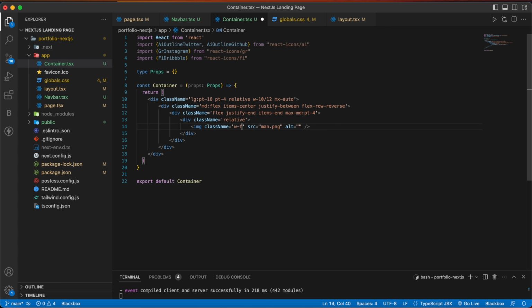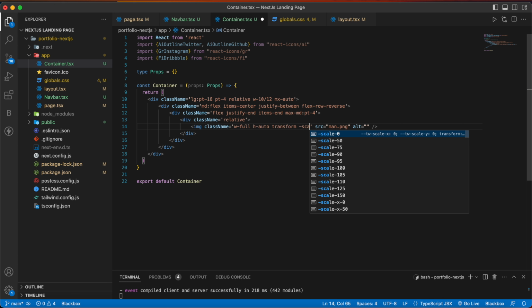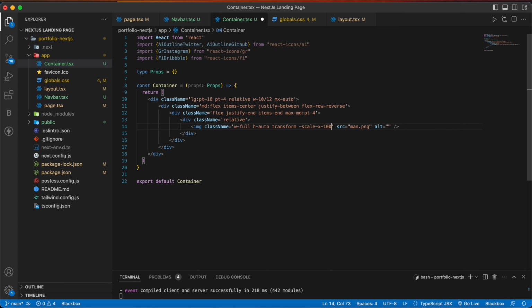So it will have a width of 100%, which is w-full, h-auto, transform, and then we are going to give a scale in x direction of -100 to flip in the horizontal direction. Then we are going to give a width of 600 pixels, and the alt you can write hero image.